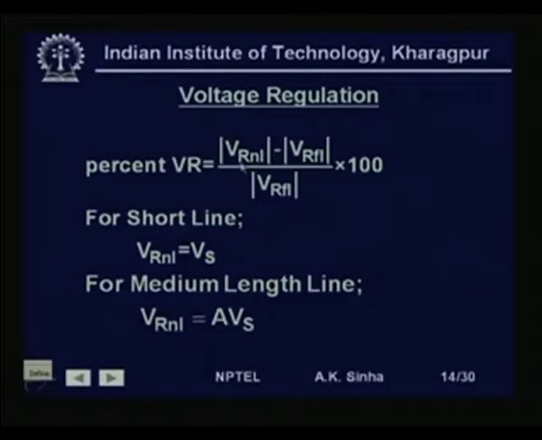How much rise of voltage is there at the receiving end? So, this Vr NL is showing what will be the voltage of the receiving end when the load is thrown off, and Vr FL is the voltage when the full load is there on the